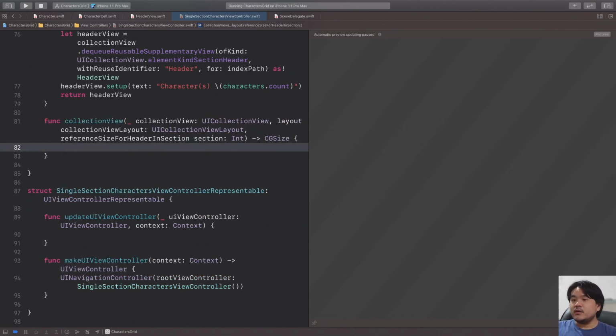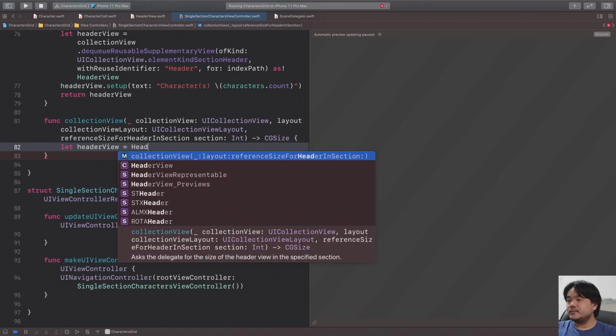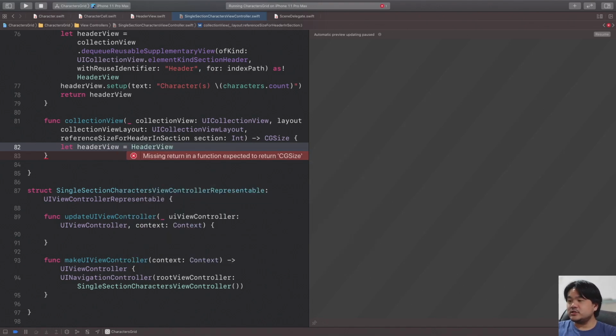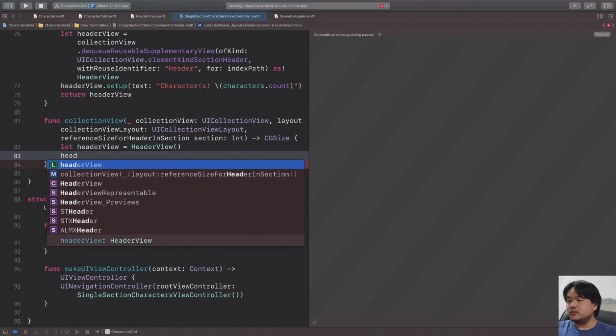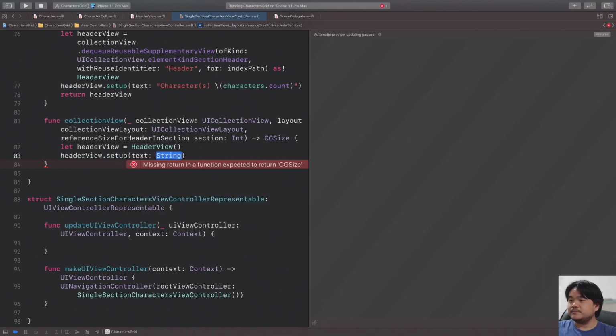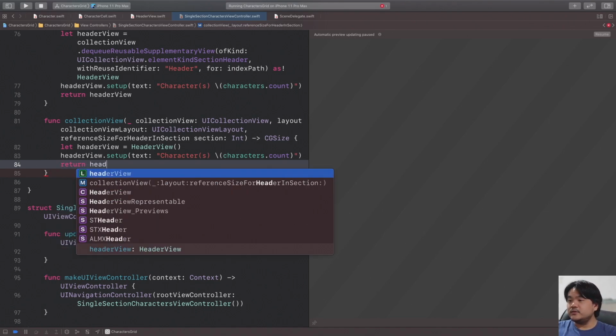We cannot invoke the collection view supplementary kind of index path, as it will dequeue the header again, causing a duplicate header view. To solve this, we can just initialize a header view. We won't be rendering this. We are using this just to calculate the size. And we also need to set up the text label with the content. Then for the return, we can invoke header view